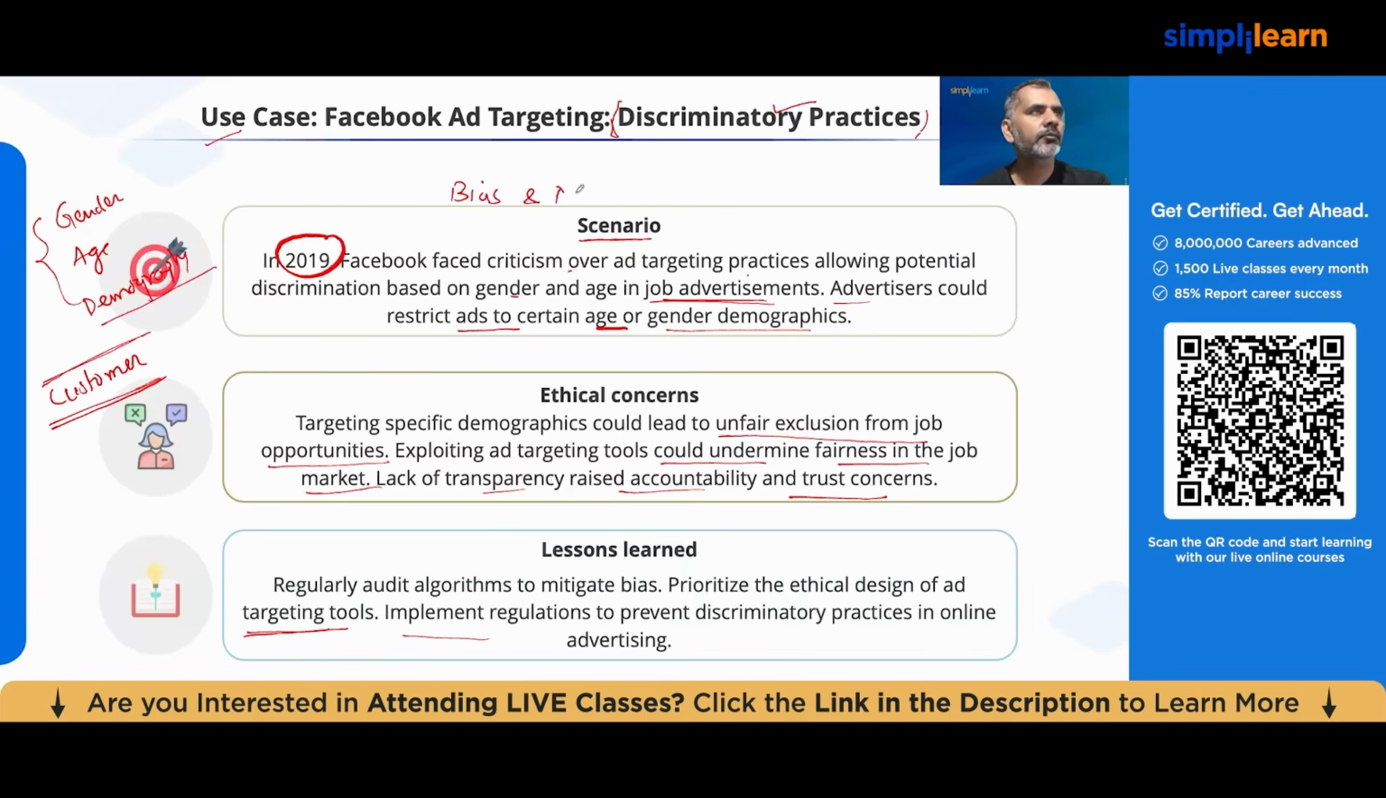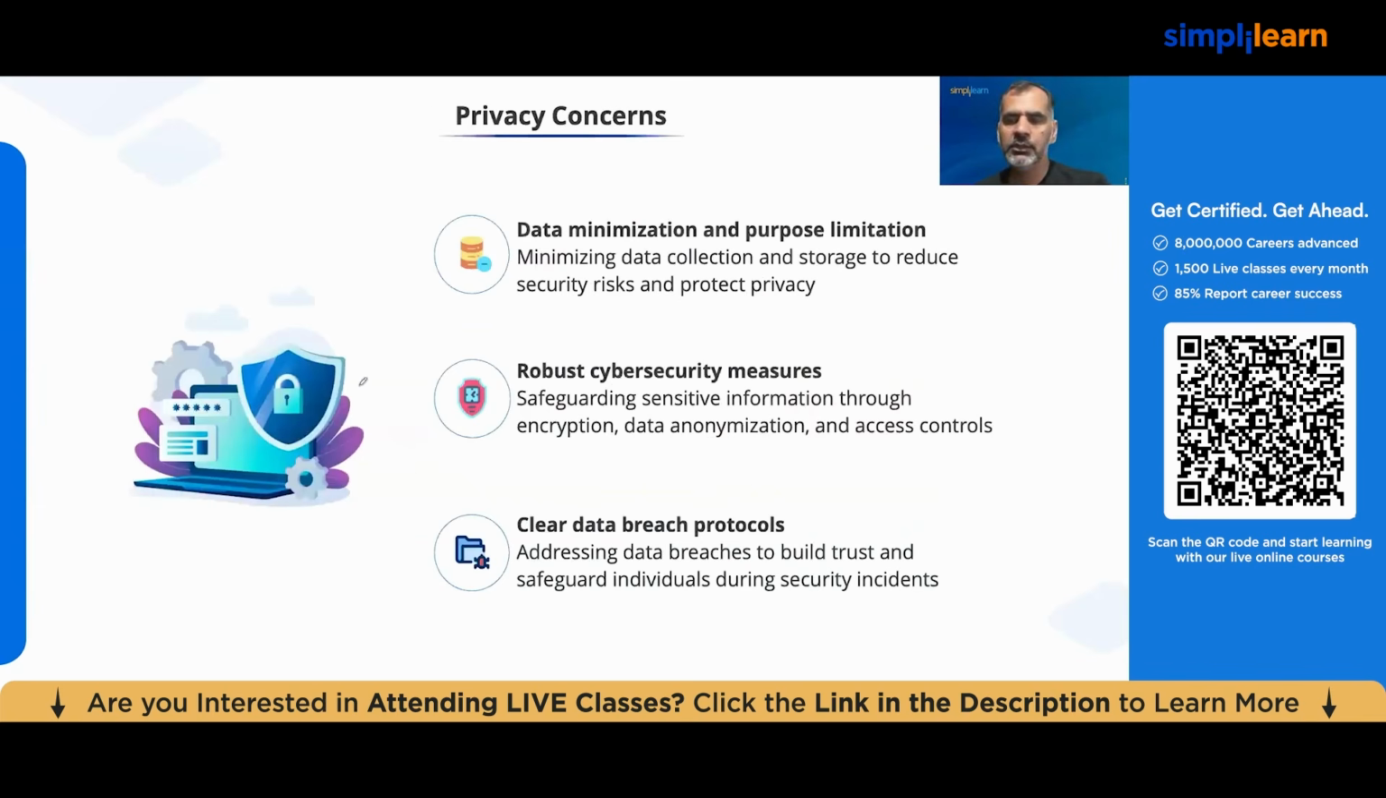So this is the very first scenario of bias and discrimination. The second thing we talk about is privacy. When we talk about the privacy concern, it is mostly related to the personal information of any user. The best practice you can use is data minimization and purpose limitation. Whenever you are implementing data ethics practices in any application, you should always try to